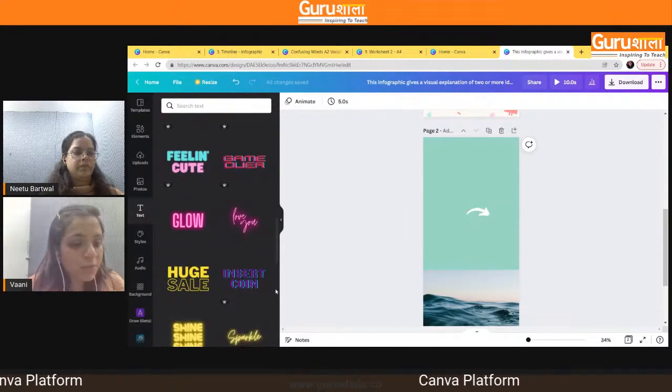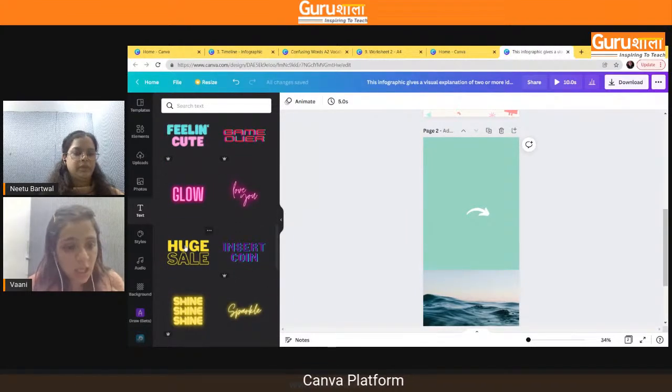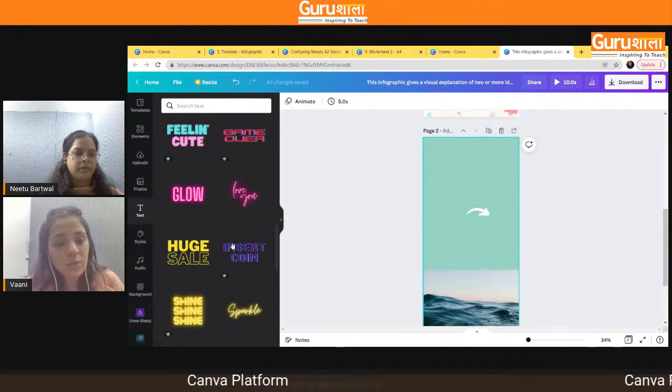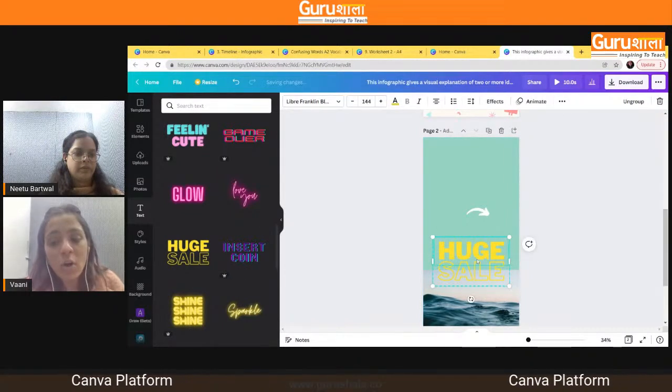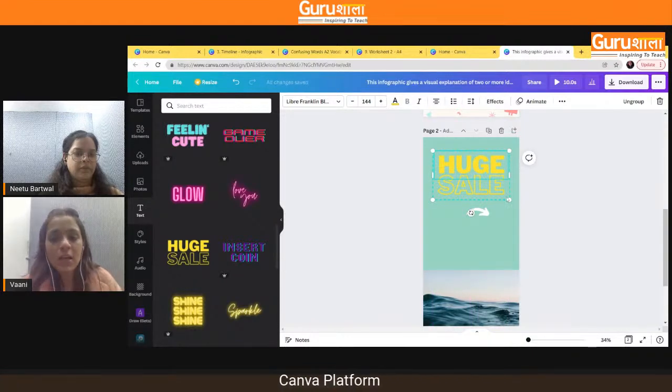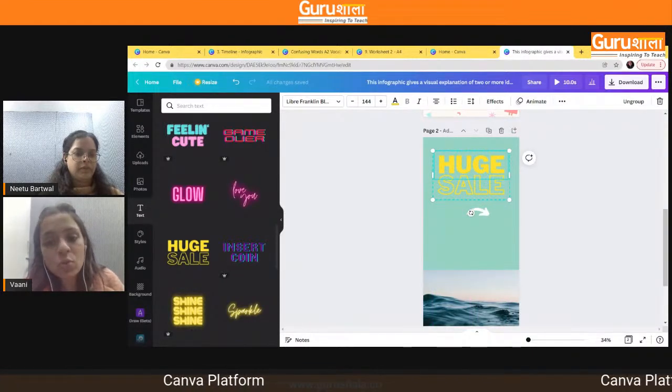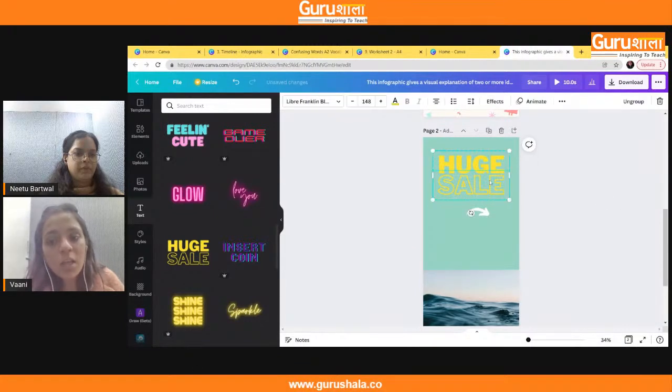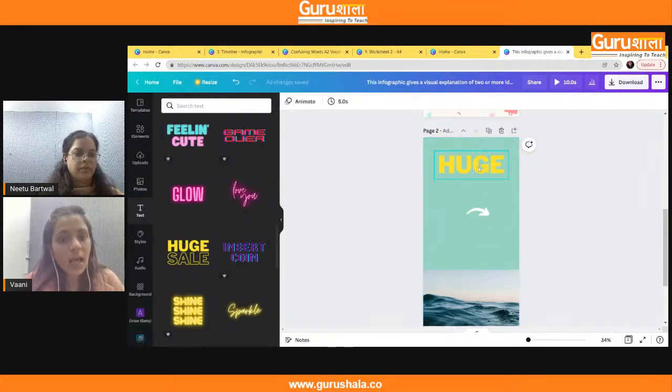So for example, if we use this text to write water cycle, we can simply click on it and it will appear on our infographic, and then we can make edits to it as we please. For example, right now these two boxes are grouped. We can click on this and ungroup it. Since we don't want the bottom one, we can simply click backspace and delete it, and then I can make